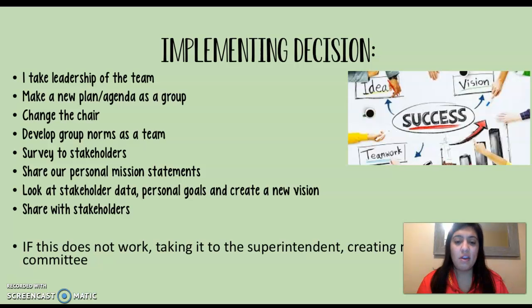And then once they've done that, they're going to revise and share it with their staff. You want to share it with your stakeholders and then get it out there as your vision. If this doesn't work, you've got to go into plan B. You've got to take it to the superintendent, maybe even creating a new committee. But the hope would be that going through these steps and just being open and honest and taking the leadership role where you should, is the most